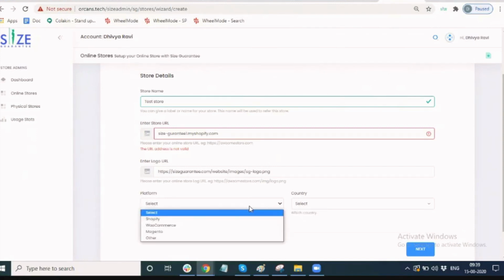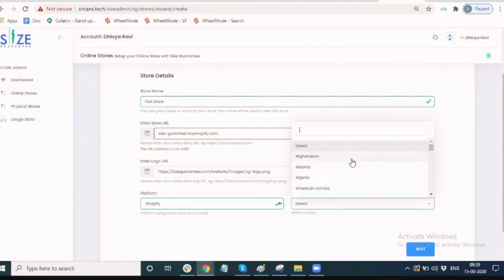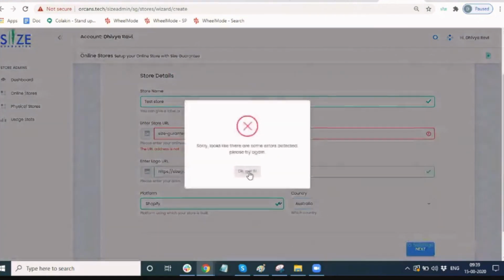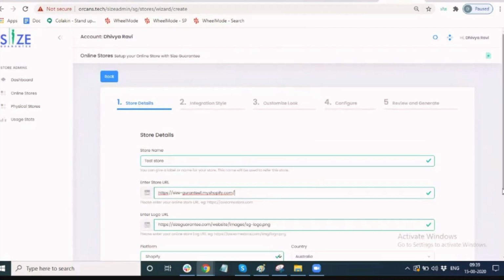So here for now we are asking for a logo URL. Can you give it with HTTPS, Divya? Just copy paste and remove that slash at the end.